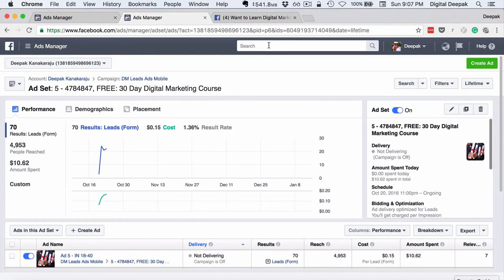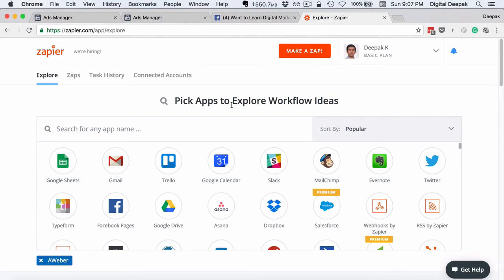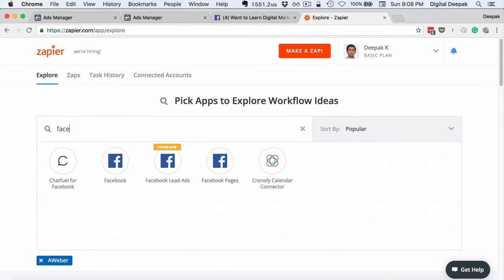with Zapier. So here I am inside my Zapier account. Zapier basically helps you integrate a lot of different apps with each other, and there are different pricing tiers for it depending on how many tasks you run. So basically it helps you save time and helps you do tasks which only a developer can do. And if you are a non-developer, Zapier basically communicates with the API of different tools and helps you go ahead and integrate all these different apps together. So Google Sheets and email marketing tools and even Facebook lead ads are included in the integration. So if I search for Facebook, you can see Facebook lead ads is available.